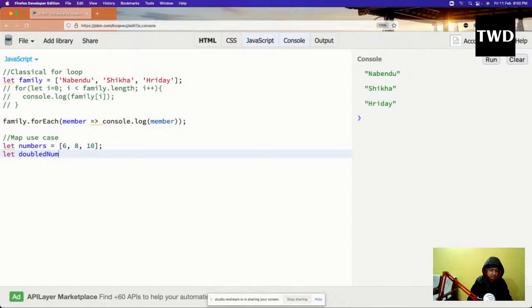Then let doubled nums. So what I want to do, I want to double these numbers. Whatever numbers are there in the array, I want another array which will contain the doubles, like 6, 12, 18, something like that. So I'm doing the traditional way first, then I will do the ES6 way. Okay, so for